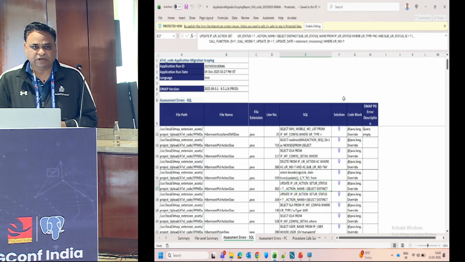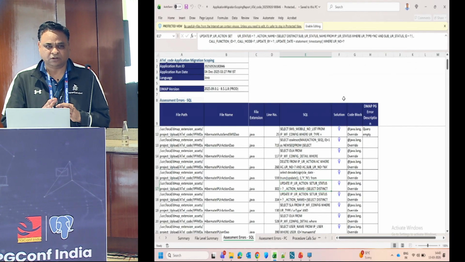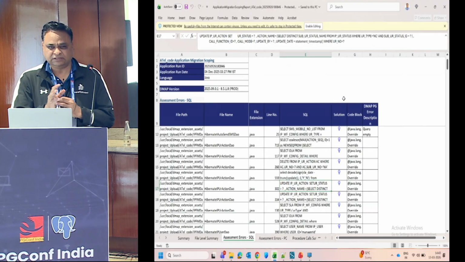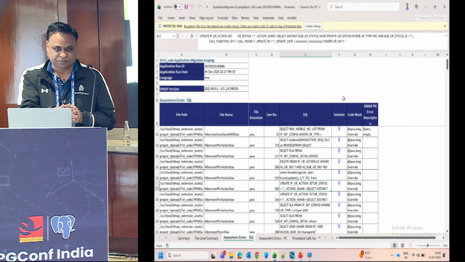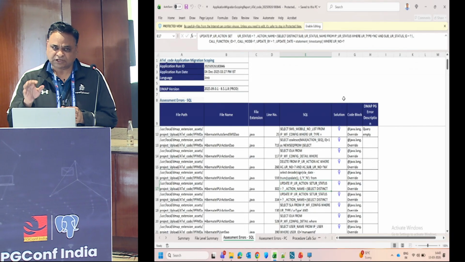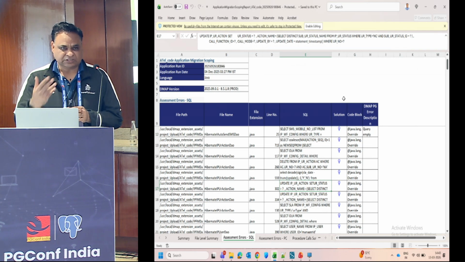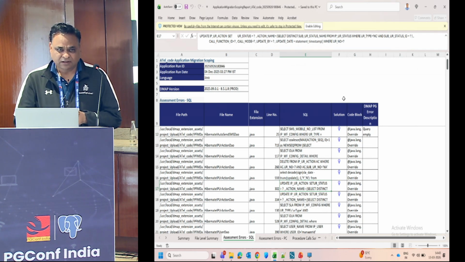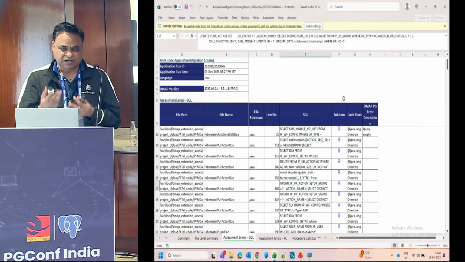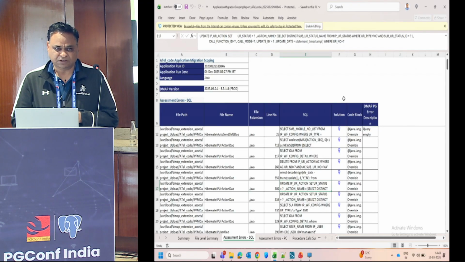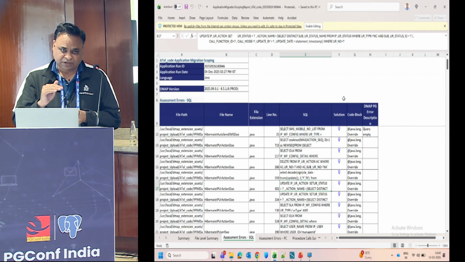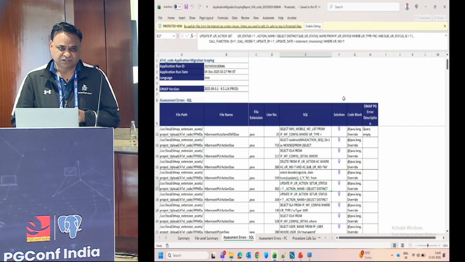Sure. So let's take the database first. We are not doing anything on the database. We are just taking the credential. People are entering the credential. The database stays on their own premise. We just need read-only access there, and we don't store any database object in our DMAP container. Whatever processing we are doing, we are only storing the metadata: how many stored procedures, what is the line of code. Only this information we are storing locally in our DMAP container. Everything else, we don't store anything. That is from the database side.